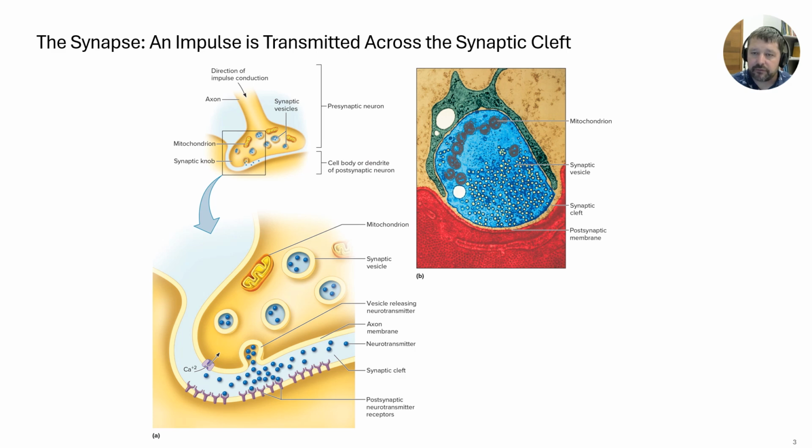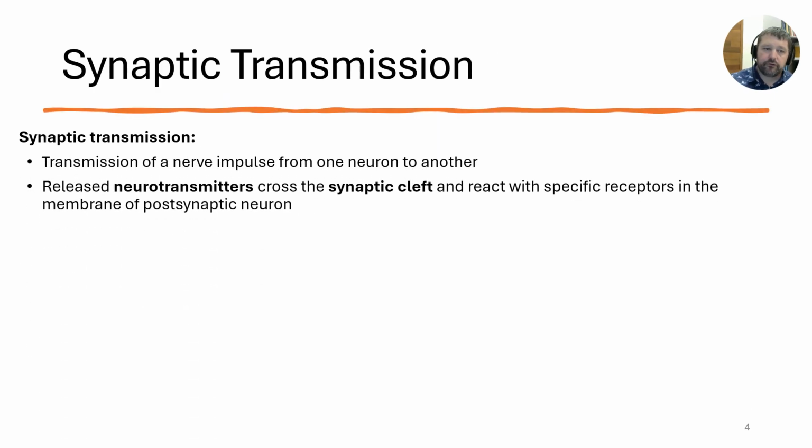So you have that cleft, okay? You have the postsynaptic membrane of another nerve. Okay? You have synaptic vesicles in here. You have mitochondria for energy, because the system needs energy in order for it to occur. And then you have other cell tissue that's associated with it, okay, and axon moving down. So that synaptic transmission, okay, is that transmission of a nerve impulse from one neuron to another, okay?